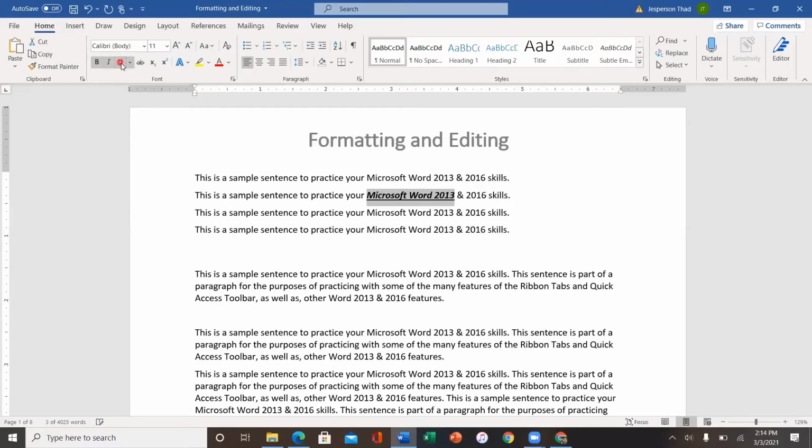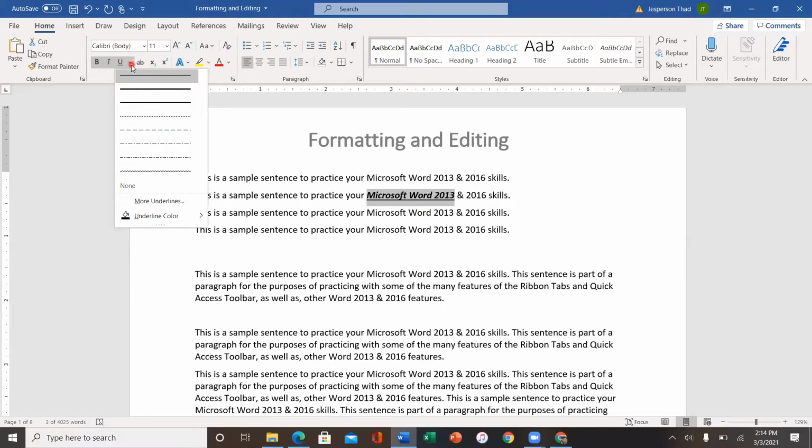So let's see underline. Okay, I underlined it. Remember, when you see a drop-down button like this, a little drop-down menu, you have lots of choices. So I can make it double line. And by the way, Microsoft Word is a very powerful tool, some 100 or perhaps even 1,000 times more powerful